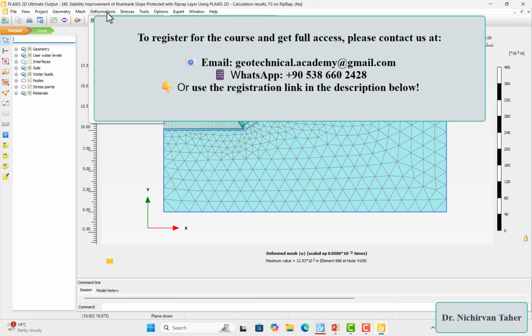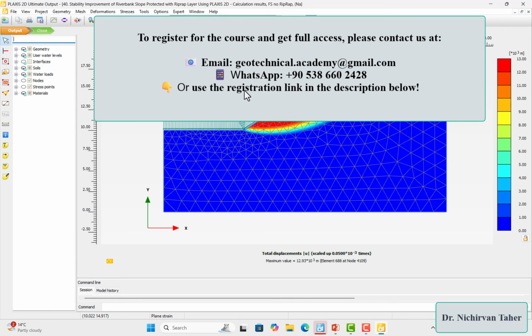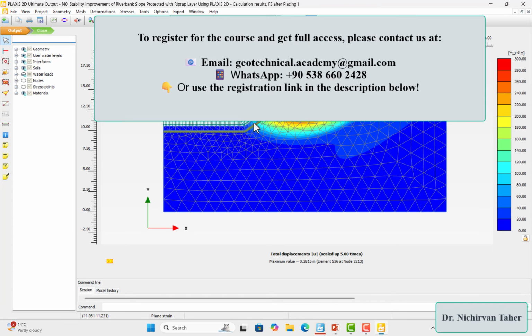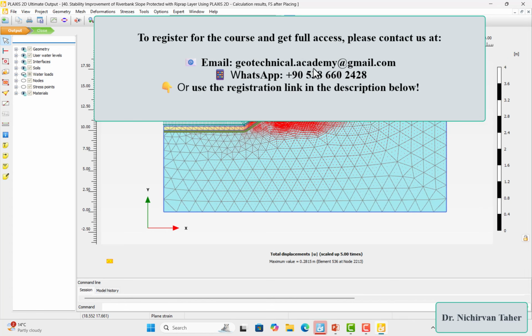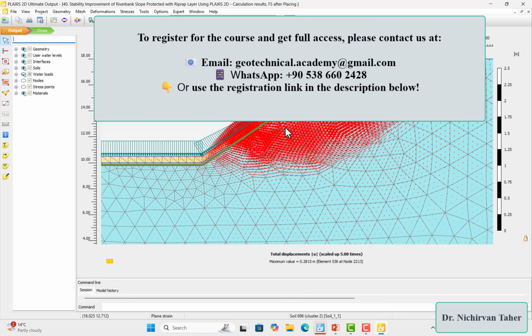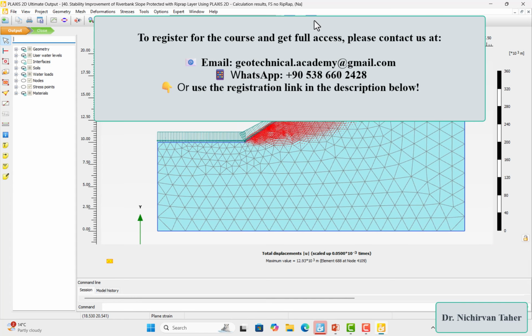We can also check the failure surface in shading, as you can see, and the factor of safety after placing riprap. We can also check the deformation contours, like this one and this one,